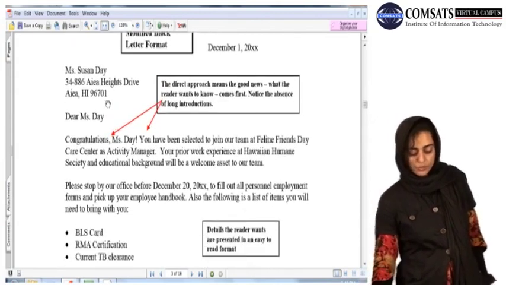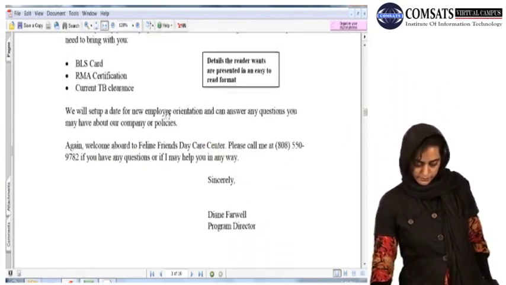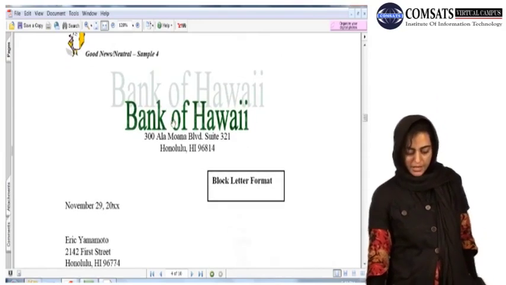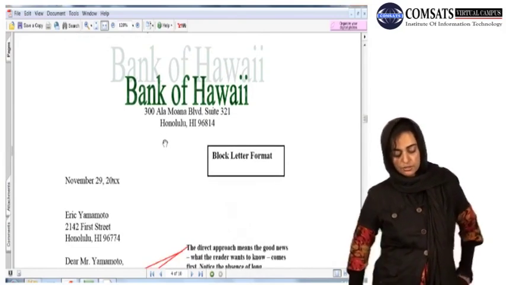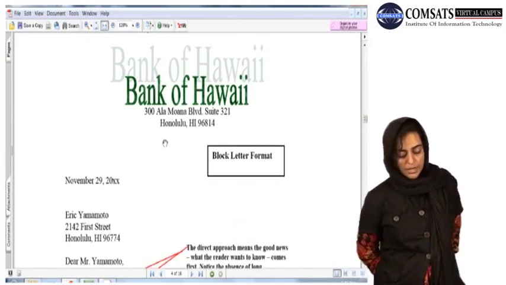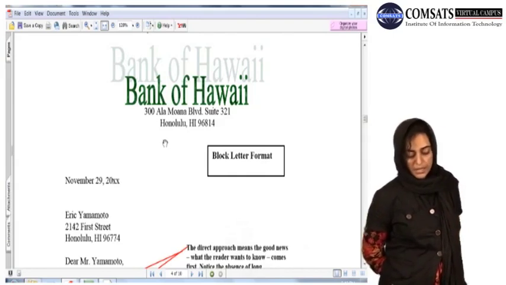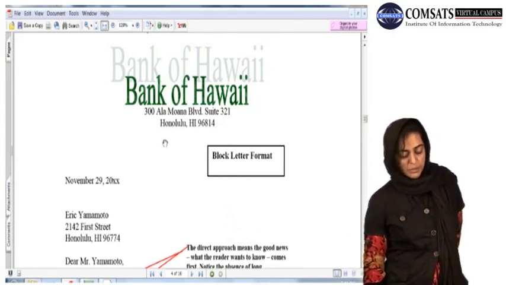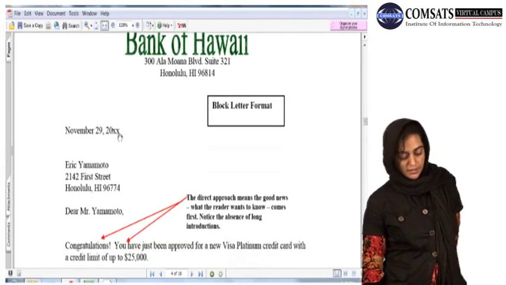Okay, dear students, now let us move to another example. Good news or oblique neutral sample 4 message. Bank of Hawaii. This is the letterhead, the heading address, 300 Ala Moana Blvd, Suite 321, HI 96814, block letter format. November 29, 20XX, Eric Yamamoto, 2142 First Street, HI 96774. Dear Mr. Yamamoto,